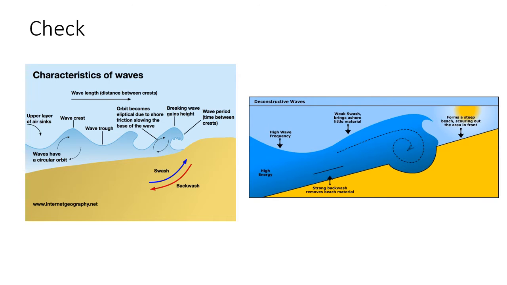Okay, so here are some key characteristics of the two different types of waves. Destructive waves are plunging waves. They have weak swash and a strong backwash. They erode the beach. There's a high wave frequency for them. There's a lot of them. If you timed for a minute, there'll be more waves. They often form a steep beach. Whereas a